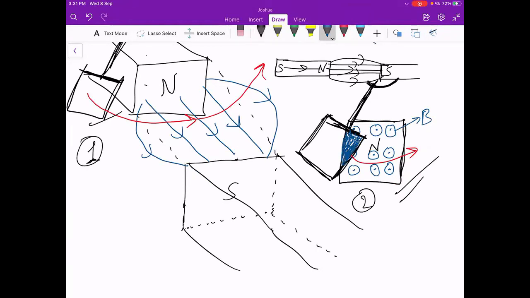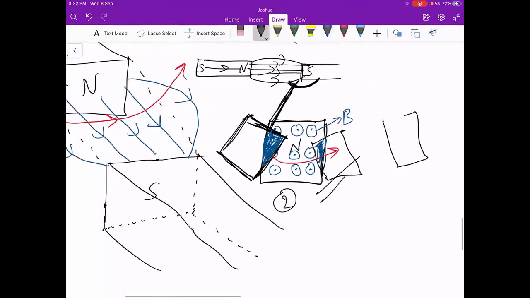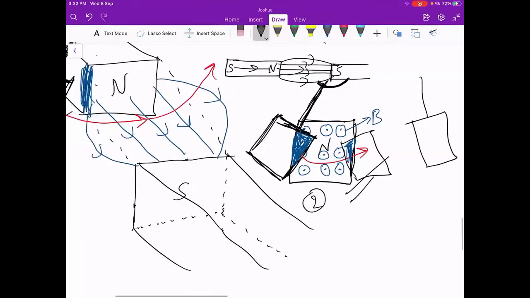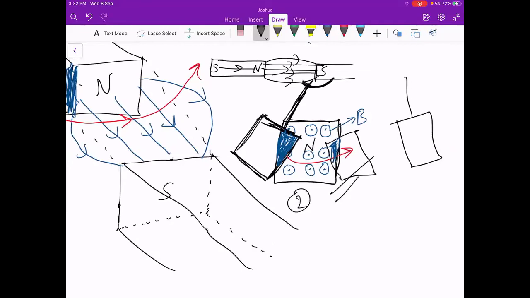And here there is no magnetic field passing because it's in this region. After it crosses the line here, then the magnetic field passes. So it hasn't interacted with the magnetic field yet. It is a little too left, and then it gets inside, and then some magnetic field goes in there. Then it goes further, there is more magnetic field, then it goes out. When it goes out, you again have decreasing magnetic field, and finally it's totally outside. So that's the motion of the pendulum, the plate. The main thing is that we have a changing magnetic flux.